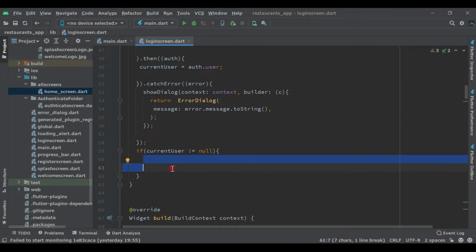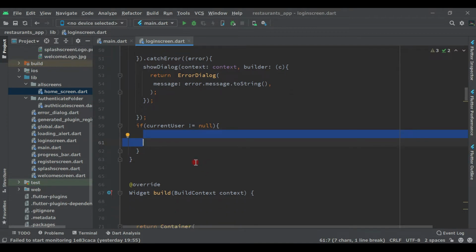But first of all, as you know guys, we are using local data, we are saving local data, and we are getting it by shared preference. I mean, we will get the information from the firebase database and we will save it locally in the phone memory. Because we don't want to fetch the data from firebase again and again, if somebody doesn't have internet or something, in this condition we can get the data from the phone storage, which we will save by the shared preference. So after this, here over this, let's create a function first,